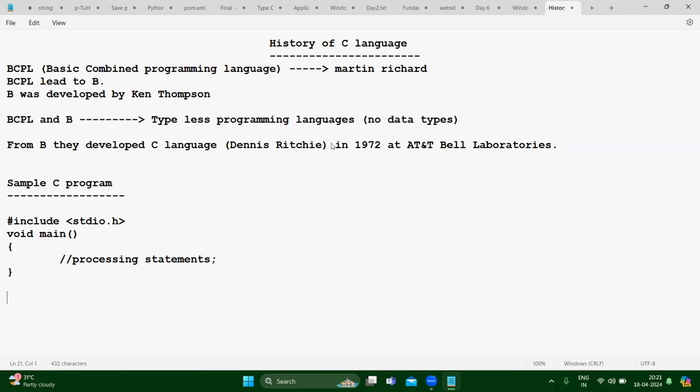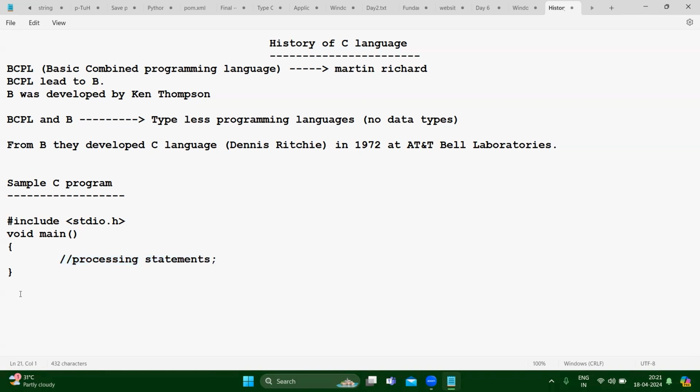What do you mean by return 0? At the end, the value 0 is returned. Why should we write return 0? Because when the program is supposed to end, it signals that the program is going to end there. I am writing processing statements here to explain: whatever statements we pass from our side will be written here.